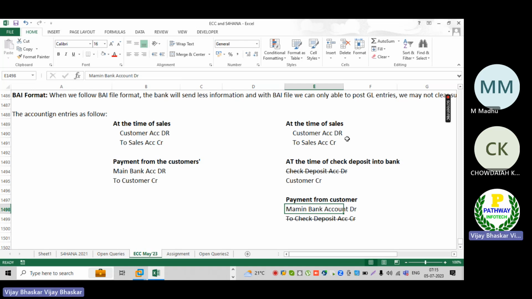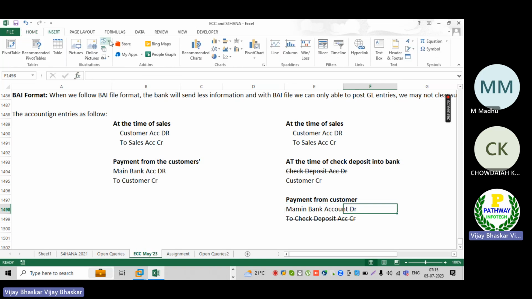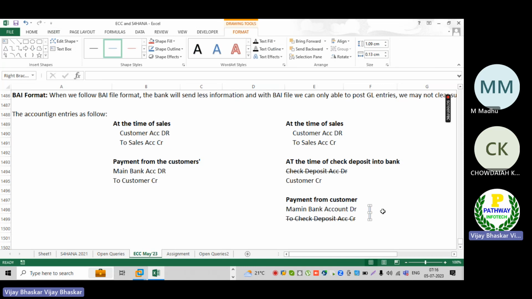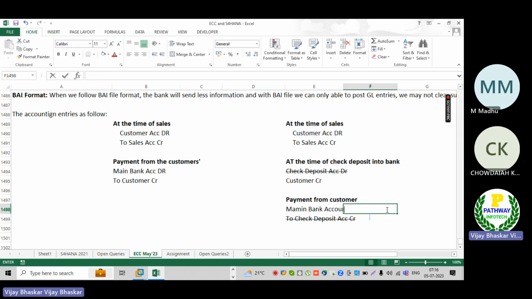This is the entry, the customer will be credited. If you see here, this is the posting area one. Two are the GL related entries only. Check deposit account is a bank GL account. Main bank account is a bank GL account. Both are, if you remember, posting area one, posting area two. There are two things there. The moment you are posting, this is the posting which is relevant for